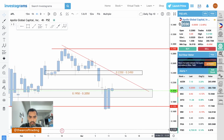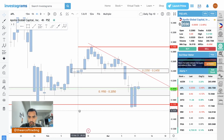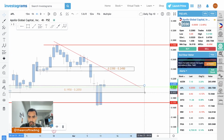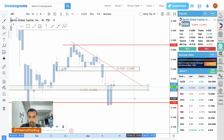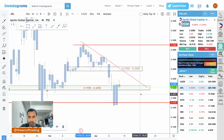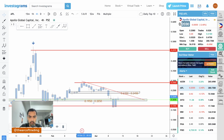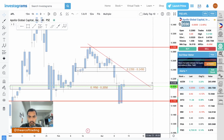Let me just adjust this actually. Let me just adjust this support zone. Let's make it tighter at 19. Oh, this is actually the 1950 range. Okay, right there. Why did it get bigger? But yes, this hopefully is our new support zone. Let me just, yeah, there we go. So hopefully this holds a support level